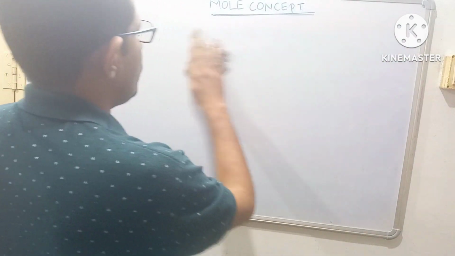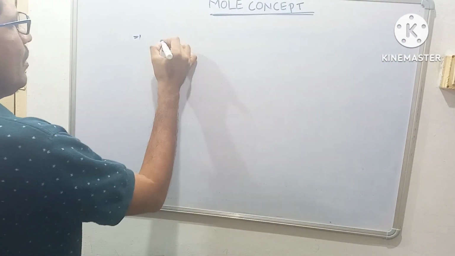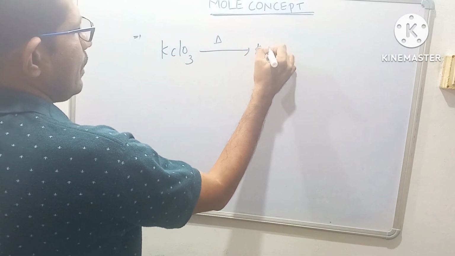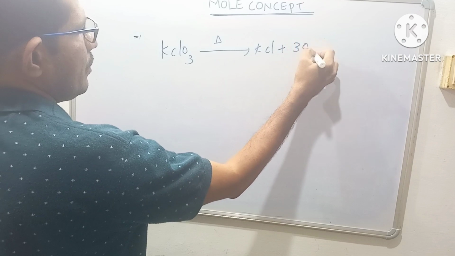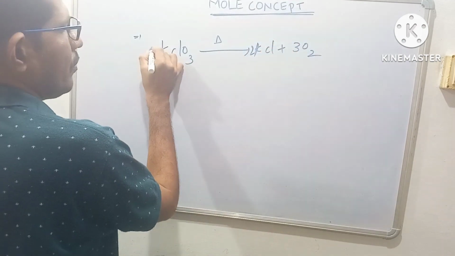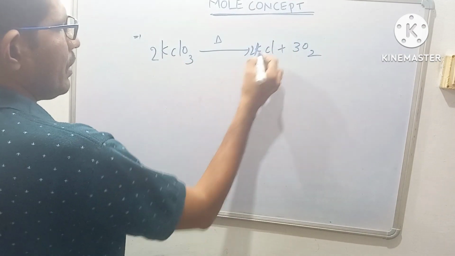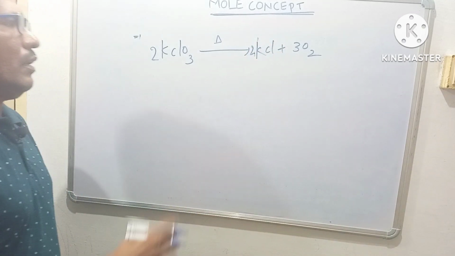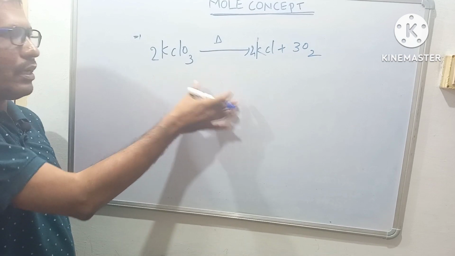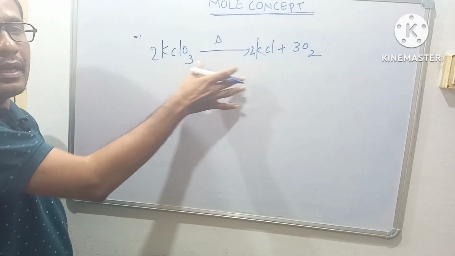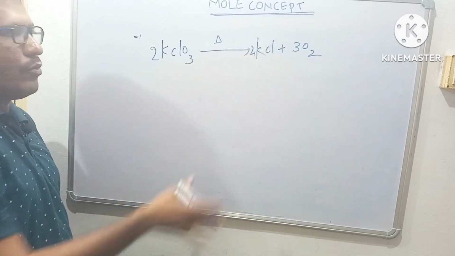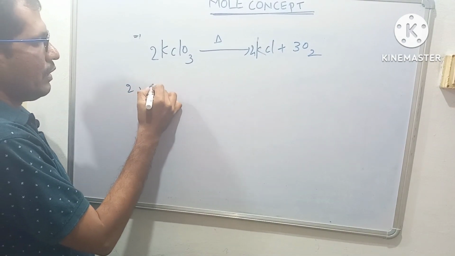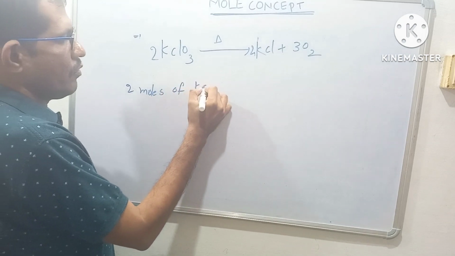If you take KClO3, it gives rise to KCl plus 3O2, right? So this is the chemical equation for the KClO3 heat reaction. KClO3 will degrade into KCl and O2. Right? Here, how can I write this reaction? 2 moles of KClO3,